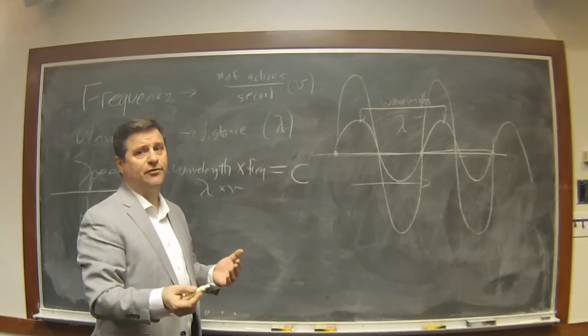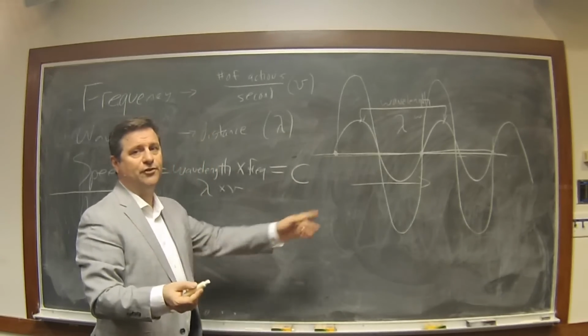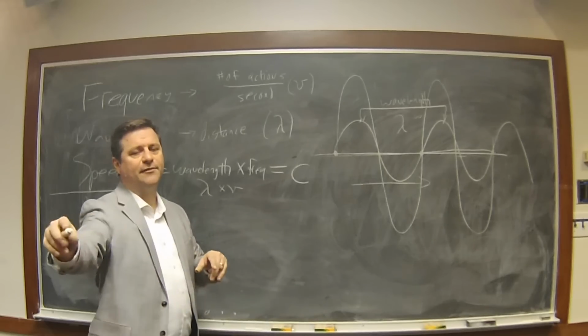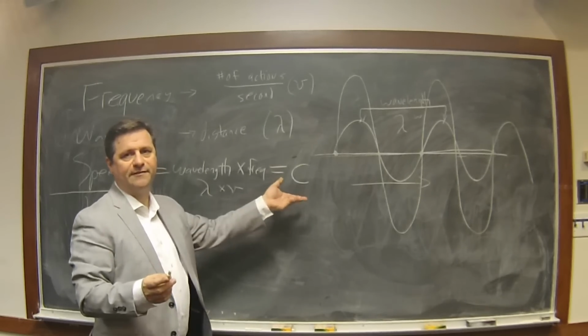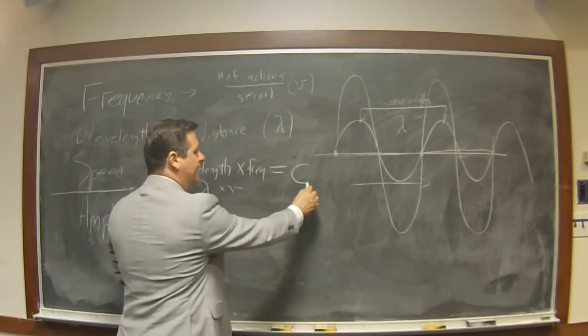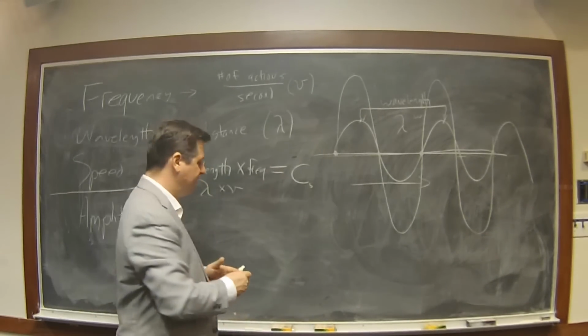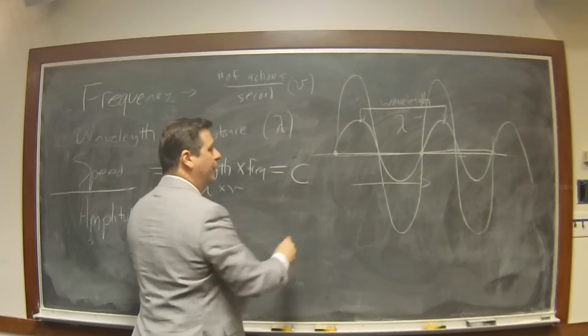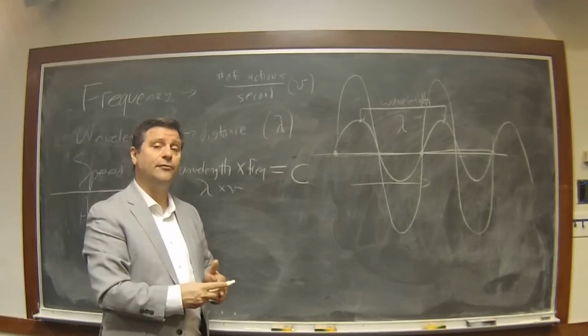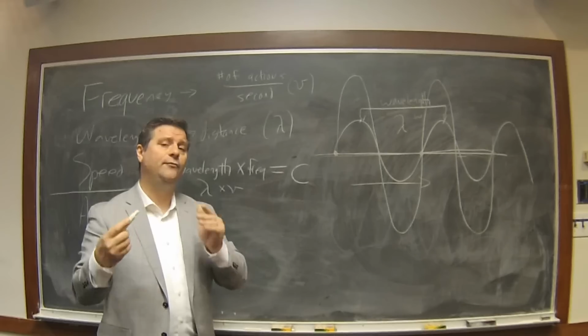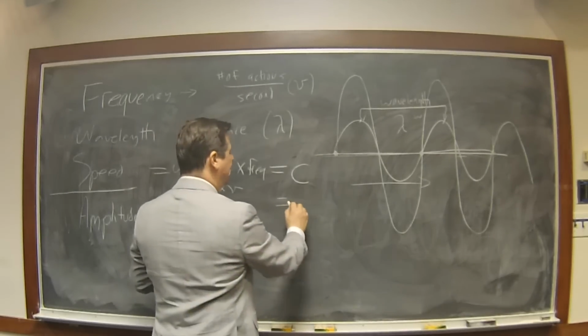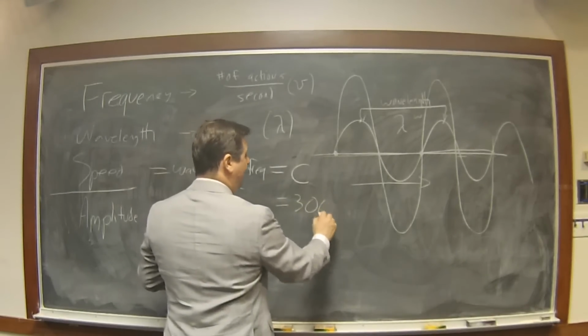So frequently when you talk about speeds of wave motion, you use the letter c. And if you study other areas of physics, you'll also see this, but it'll probably tend to be c sub s, which would be sound speed, or maybe other kinds of speeds. But the speed of light universally across all of physics is labeled with the letter c. And this has a unique value. It has a unique value of approximately